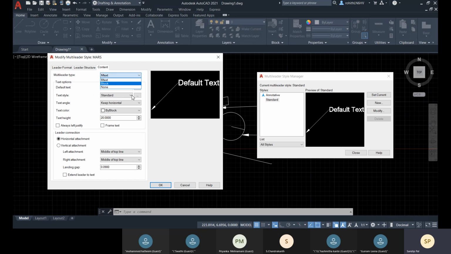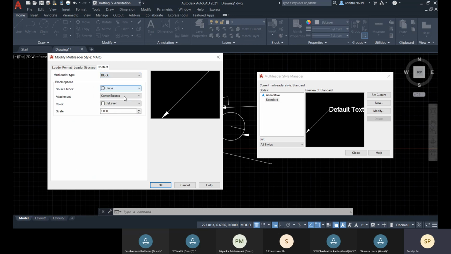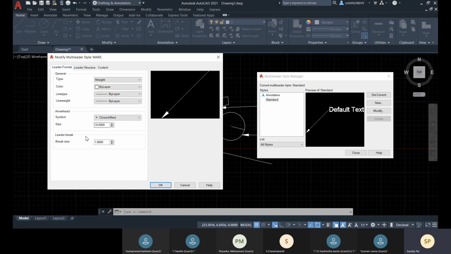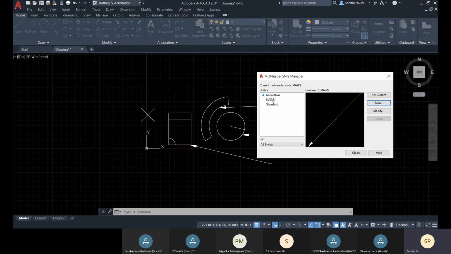And now here what I'll do, I will select for block, and we change the size to 10. Okay, and I'll select this one and I'll go for set current.